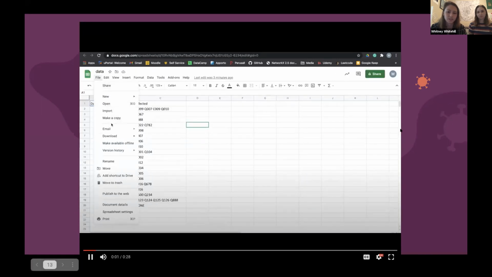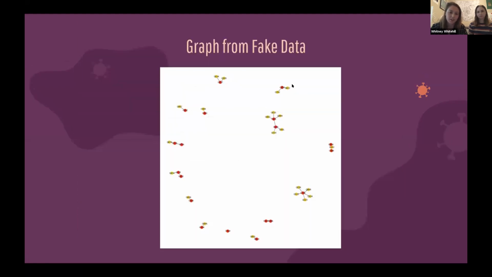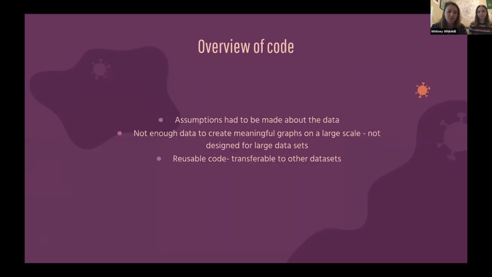And so as you can see here, this is a graph from some fake data, but it's a little more meaningful because you have labels on the nodes, so you can actually see who is connected and who spread where. But I omitted that on the big graph just to help protect the privacy of those individuals. And so a brief overview of my code, obviously assumptions had to be made about the data and